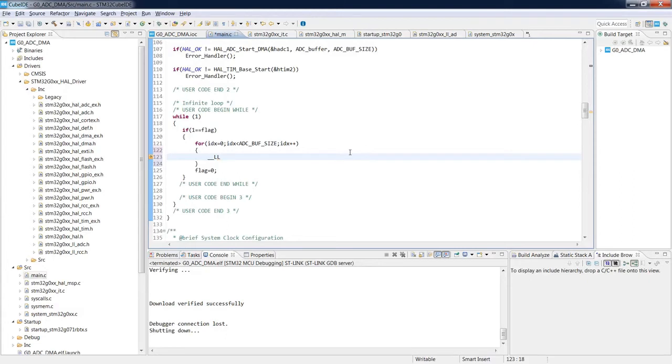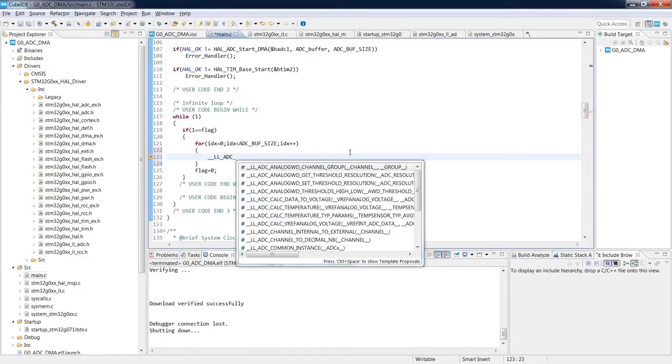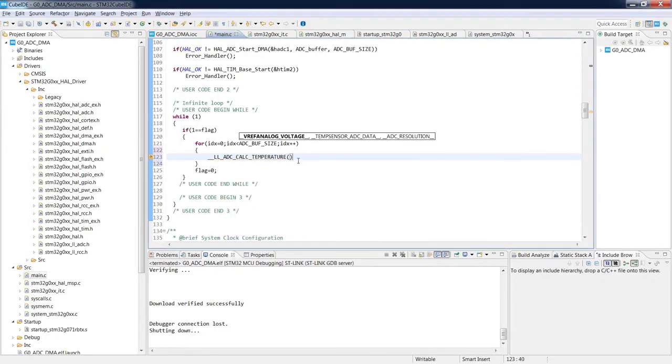Then the peripheral name like ADC underscore and control space. We can see here interesting macro, ADC calc temperature. It looks that it is something we are looking for. As a first argument, it needs reference analog voltage, which has been used for the ADC, then the raw data from ADC, and resolution we have used during our measurements.